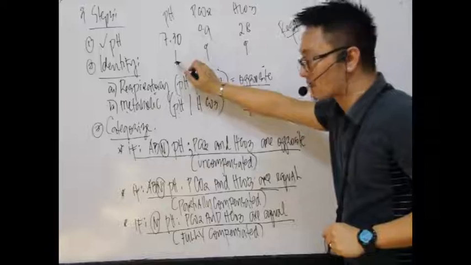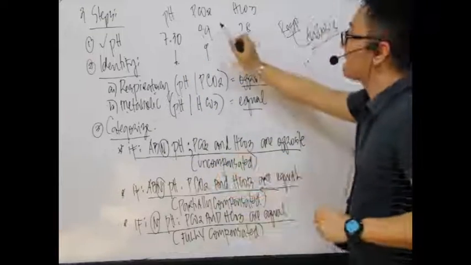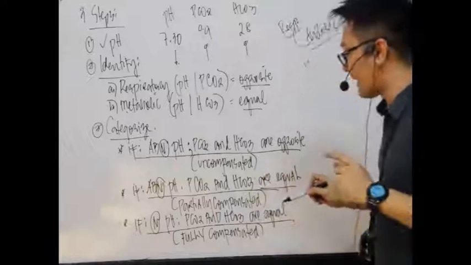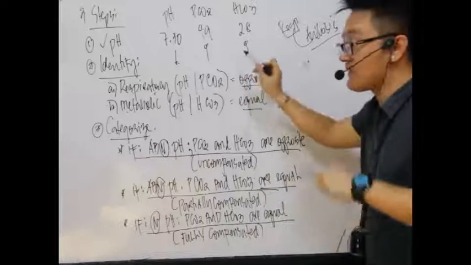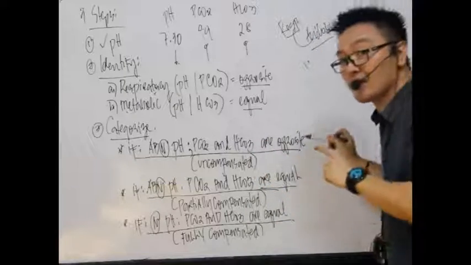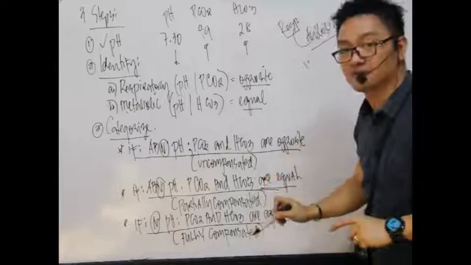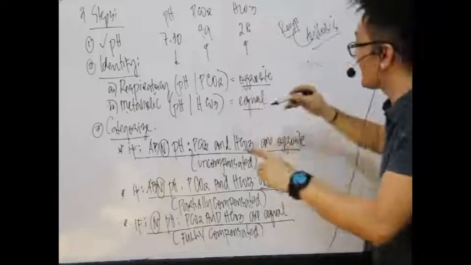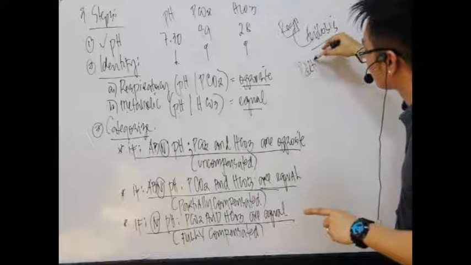The pH is abnormal. Yes. Now, PCO2 and bicarb, are they opposite or equal? Remember, if they are opposite, they fall under uncompensated. But if they are equal, they fall under partially compensated. Are they equal? Yes, they're both high. Therefore, it falls under